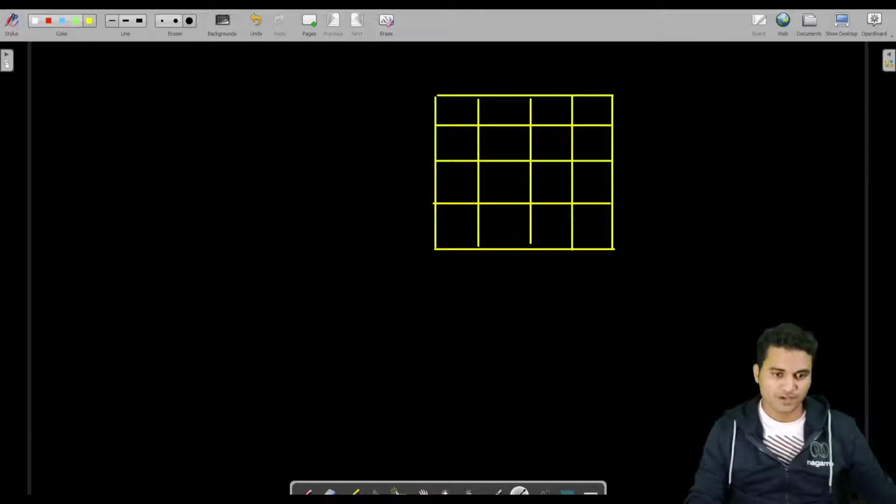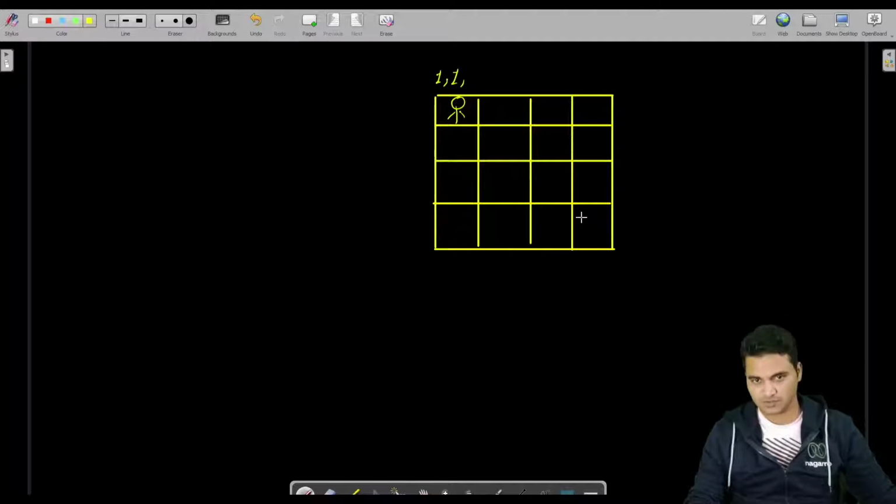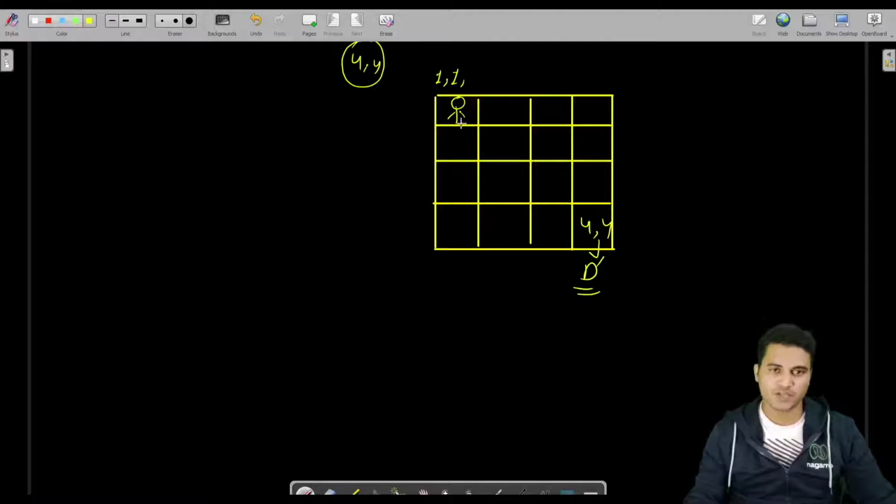So what we have, again we are standing here at 1,1, and this is our source. This is our destination, which is 4,4, because it's a 4,4 size maze. So again we have to move from here to here, and we have to print all paths. Print path.